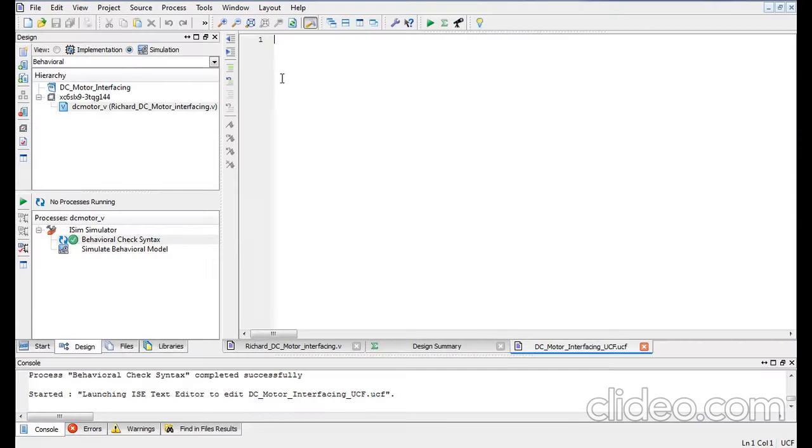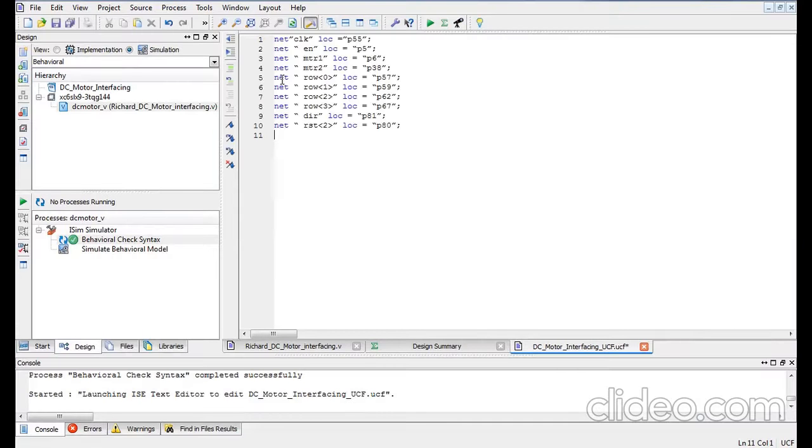So I will explain to you in a bit as to what this user constraint file is. Now, as you all know, we are using FPGA, and we are also using FRCs, your cables. So this needs to communicate with your FPGA, and it is associated with a particular pin number. So P represents pin. So pin 55, clock is assigned to pin 55, and similarly you can see your enable is associated to pin